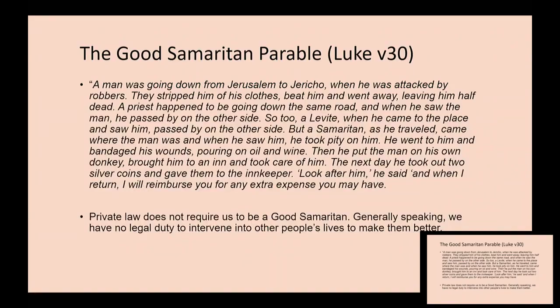The moral argument would say, well, why are you picking on the priest and the Levite in this? What about John and Matthew and Luke and Hannah and Mary, who also walked on by and didn't step in to save the man who had been attacked by robbers? Do they all owe a duty to the man in the street? Why just pick on one of them?